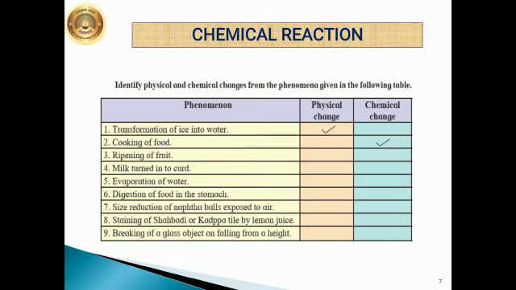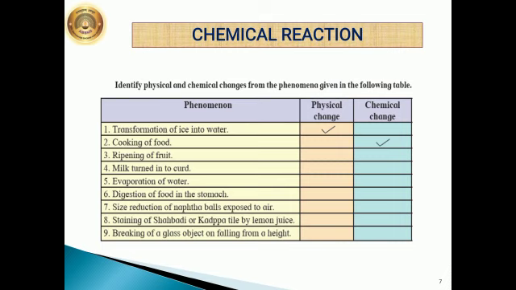Now some of the scientists of the 18th and the 19th century carried out fundamental experiments on some chemical reactions. They proved from their experiments that during chemical reactions, the composition of matter changes and that change remains permanent. On the contrary, during a physical change, only the state of matter changes and this change is often temporary in nature. Now in the following table, identify the physical and the chemical changes.